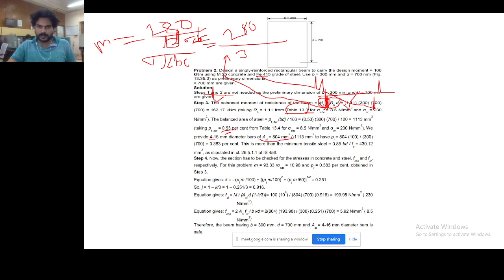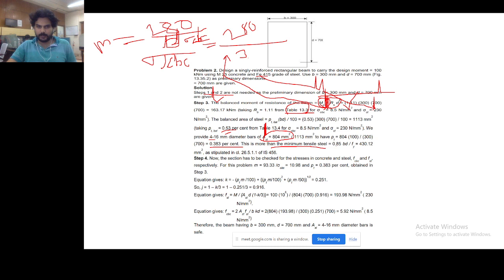So AST is 1804. But by calculation of the percentage of steel, it's coming as 0.383 percentage. This is more than the minimum tensile steel